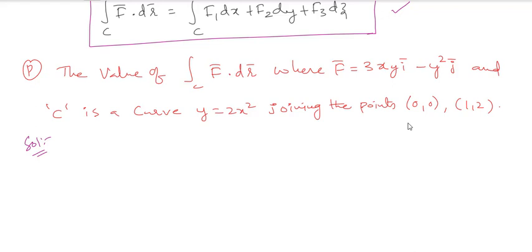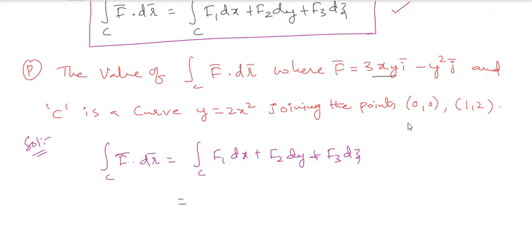So you know that the line integral, integral over C of f bar dot dr bar, is nothing but integral over C of f1 dx plus f2 dy plus f3 dz. So this is the line integral, which is a Cartesian form. Now what they had given? This is your f1 i bar, j bar means f2 will be there. So there is no f3 value. So directly you substitute these things.